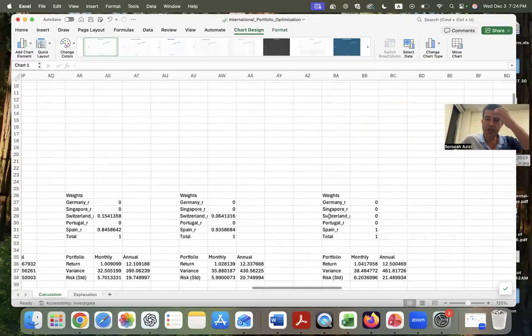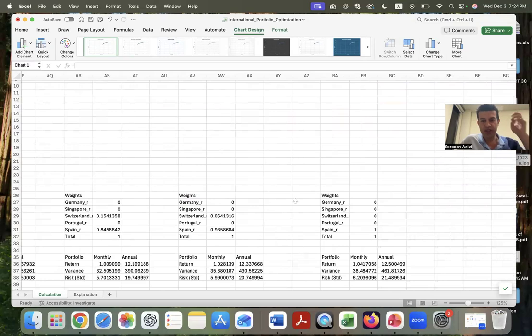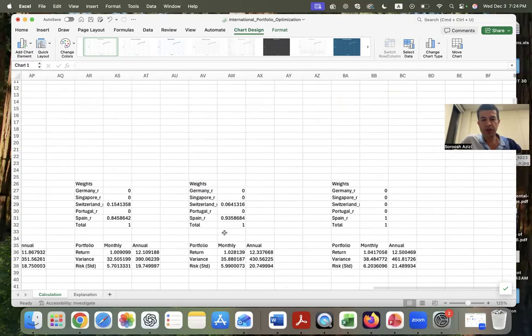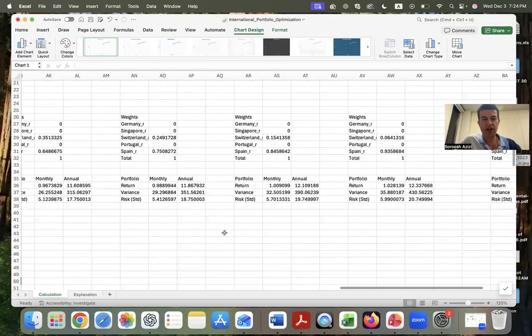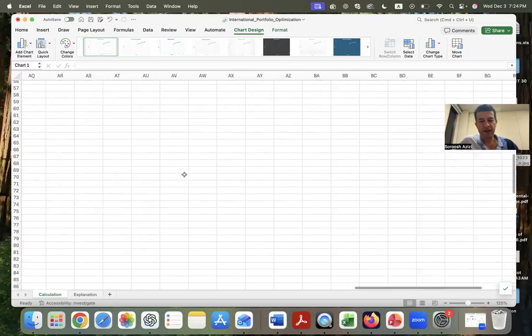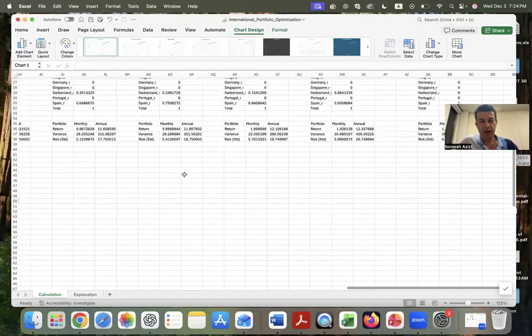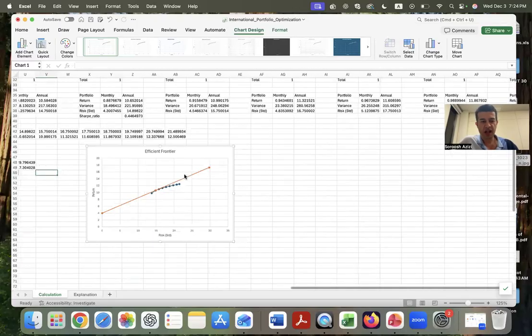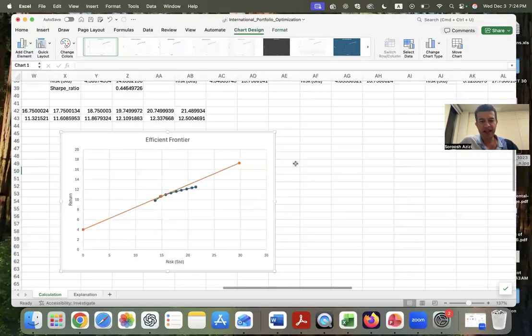Now, if you include the United States, for the most part, all other countries would be zero. So if you're doing a project, I recommend not including the United States of America in the portfolio because it dominates the whole portfolio. And then you can have a very beautiful efficient frontier line, and then the CAL line